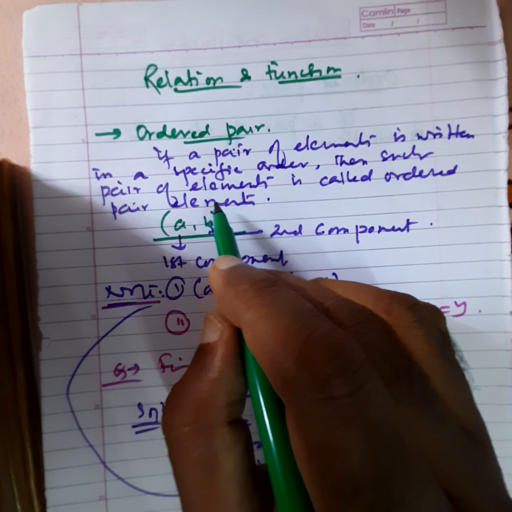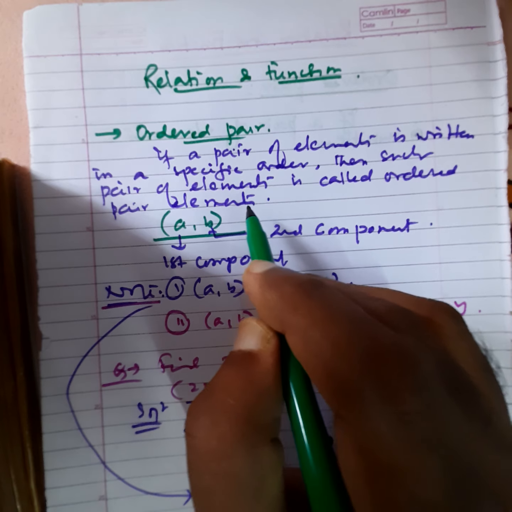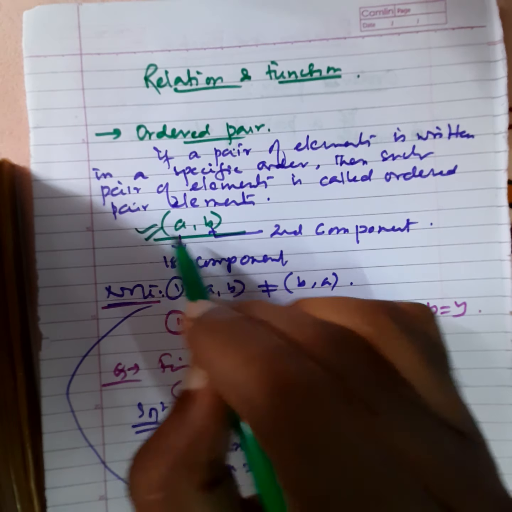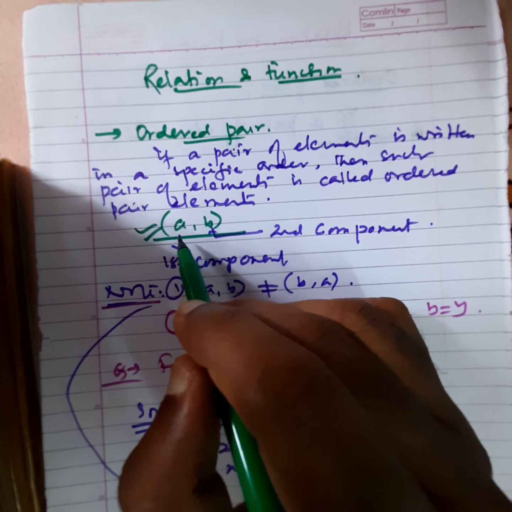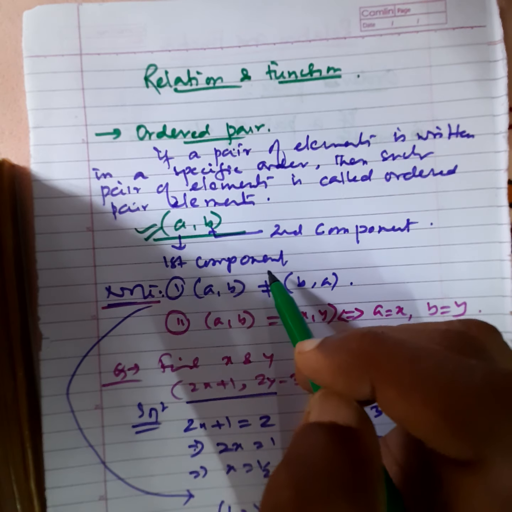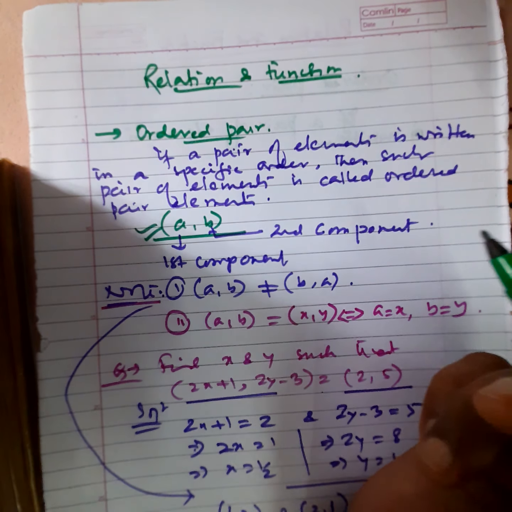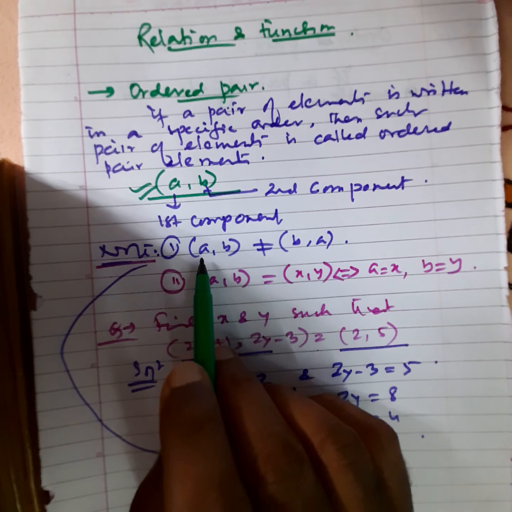elements. Such a specific order means the elements must be written within parentheses, within the first bracket, and separated by a comma, that is (a, b). As examples we can take (2, 3), (3, 2), like that. The first is called the first component of the ordered pair, and the second one is called the second component of the ordered pair. Note the order; you have to keep in mind that (a, b) is not equal